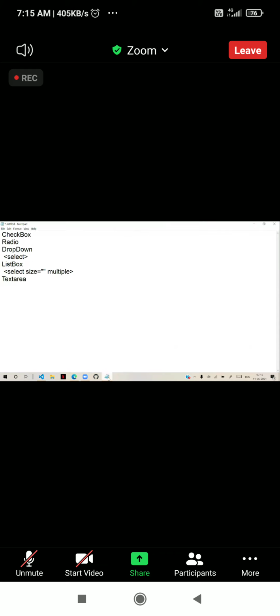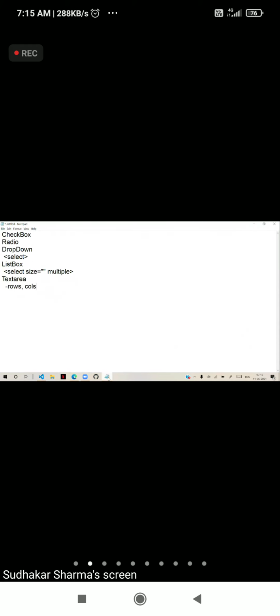Text area have attributes like rows and cols, and you can have read only, and you can have disabled. All these options can be handled with the text area. Next important, so this is general multi-line text box. If you want to allow multi-line text, then you have to define by using this text area.